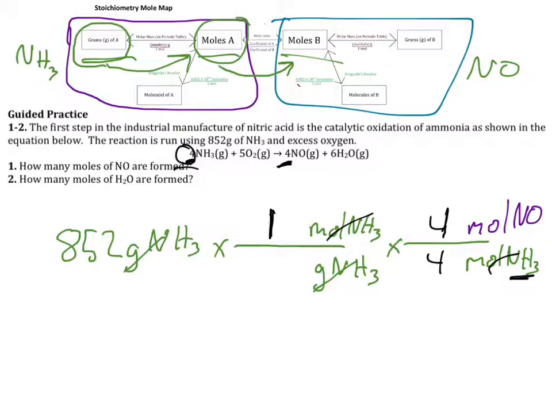So again, when we go from grams to moles, we use the molar mass. And what are we using the molar mass of? Is it the molar mass of NH3 or is it the molar mass of NO? Well, notice how this is substance A, so we're still in the region of substance A there, so we're using the molar mass of substance A. The other way we know is because we wrote grams of NH3 there, so we will do the molar mass of NH3, and so nitrogen is